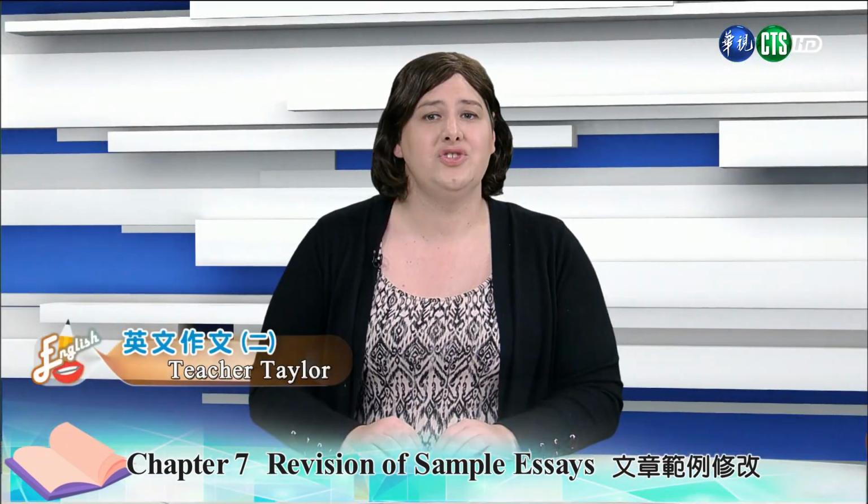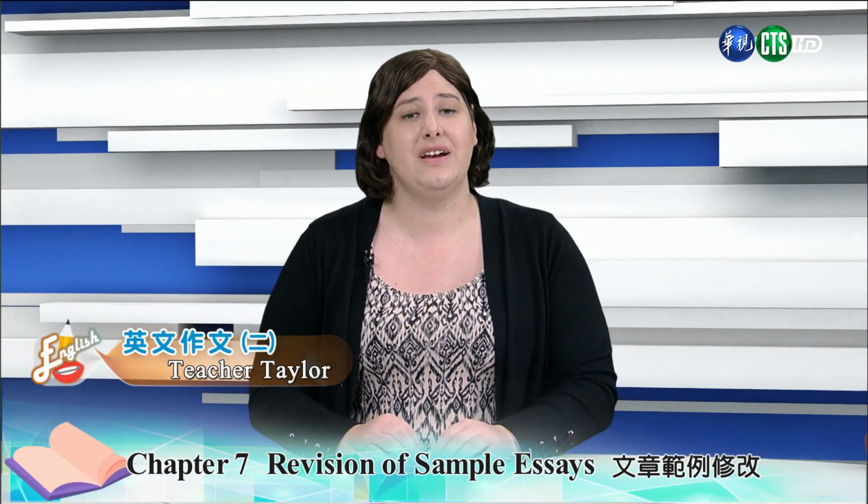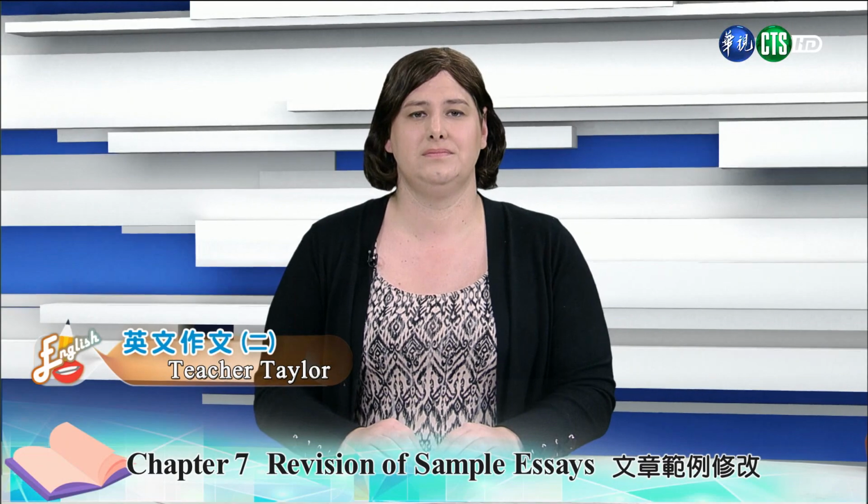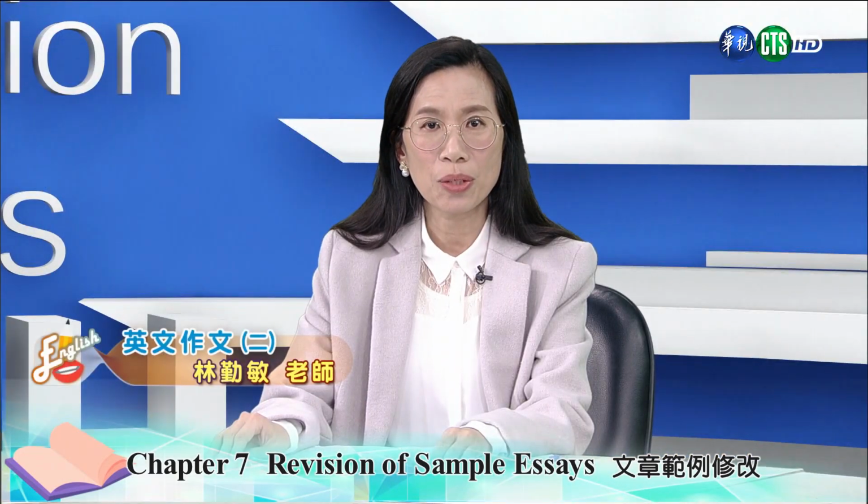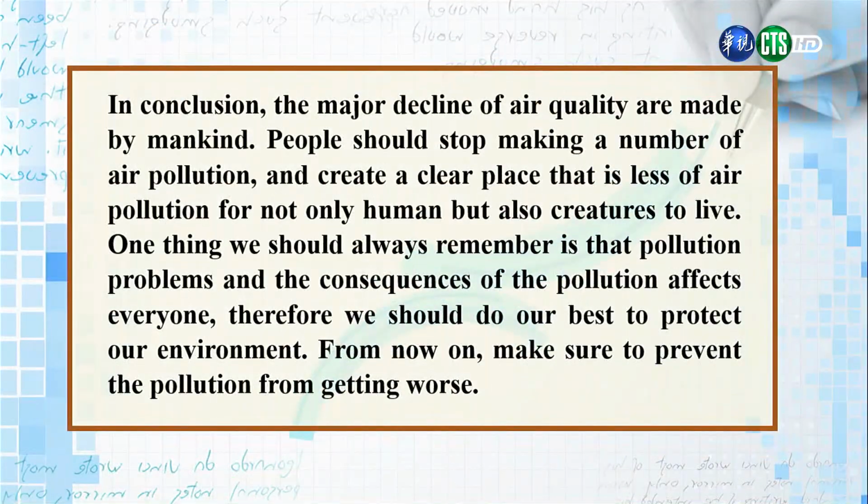Now let's look at the conclusion to see if it fits all the criteria listed above. 很好，那我们先来看看我们的这个结论写得如何。我们这个结论呢，讲到我们人类呢是如何让我们的空气品质降低，然后他也讲到说，人们呢应该要停止制造这个污染，创造一个比较干净的生活环境。然后最后呢也提到说，我们应该要来保护我们的环境，确保这个污染的问题不会变得更严重。那我们看一下这些句子。